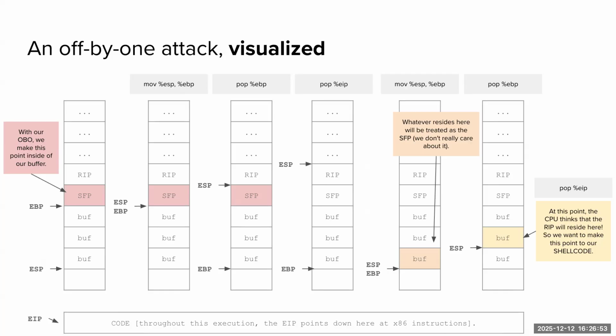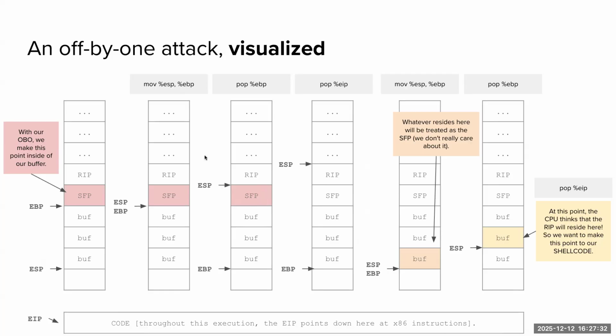Okay, so we need to remember those three steps because they come up over and over again. We're going to remove the local variables, setting the ESP equal to the EBP. We're going to pop the EBP, which means we set the base pointer back to main's base. And then we set the instruction pointer to start executing main's code again. But in this case, if we modify 1 byte of SFP, then when we restore the EBP,